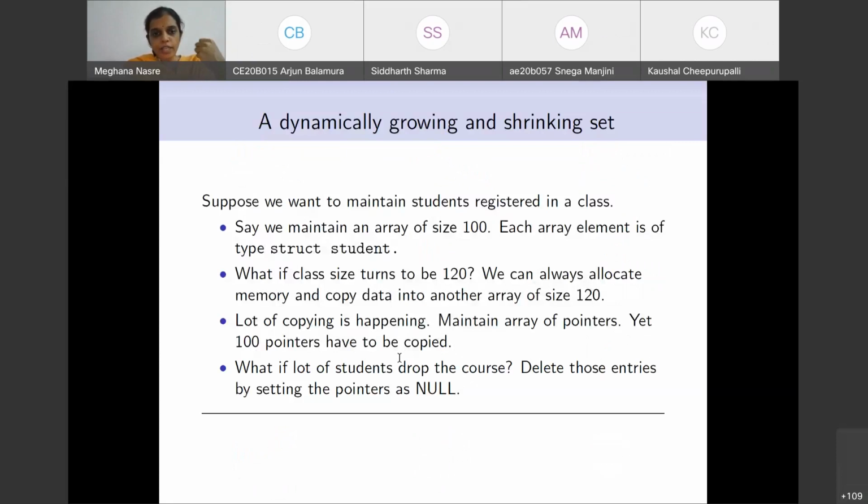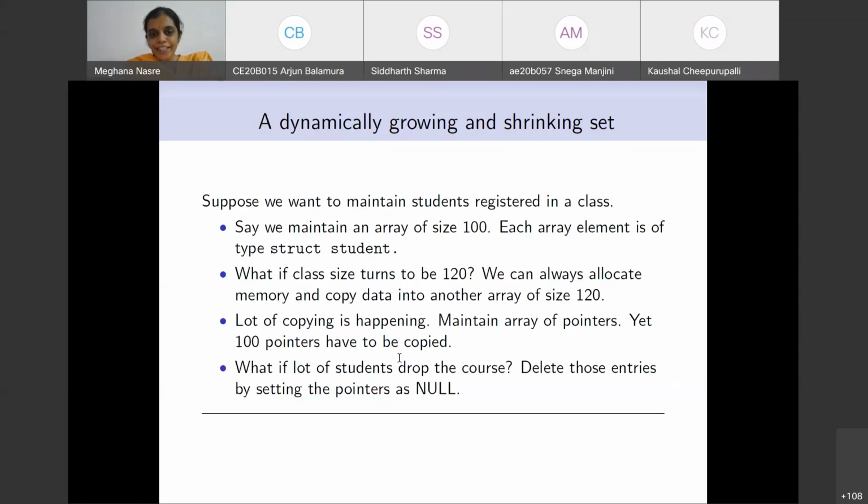Yours is a core course, but you can imagine that a lot of students will be taking up electives, and we see that in the initial time, the class has a lot of strength. A lot of popular courses like machine learning and data science related courses have a lot of strength. But once the instructor tells what the assignments are and what the grading pattern is, a lot of students leave or drop the course, just like a lot of you are leaving the class.